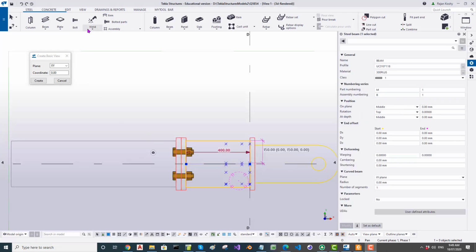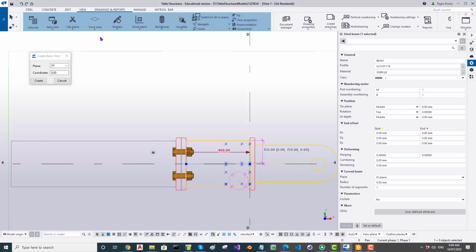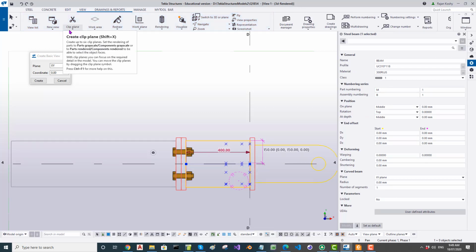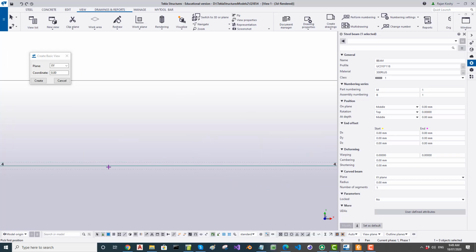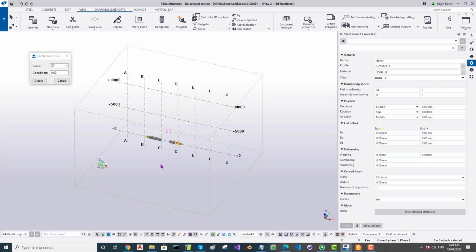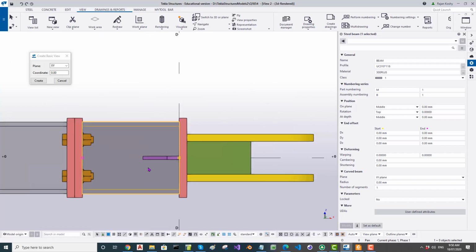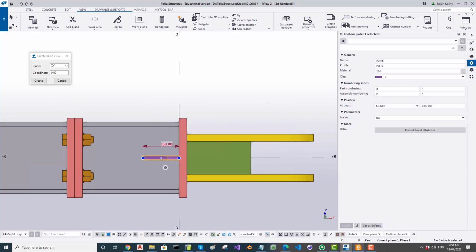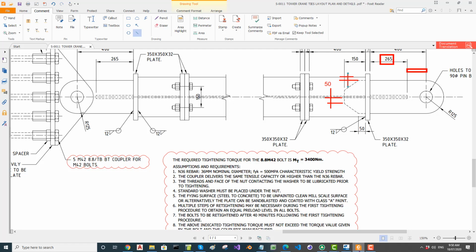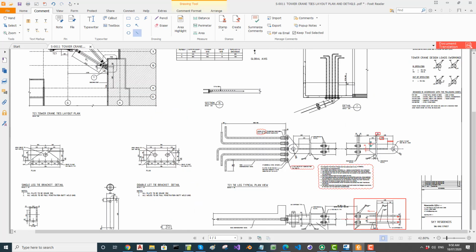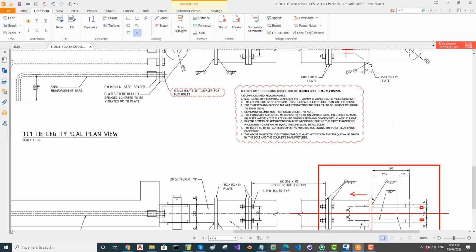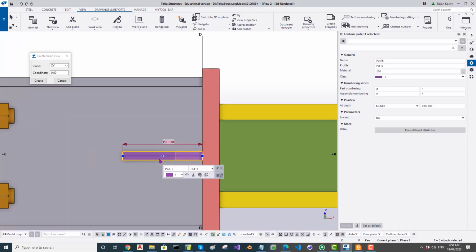Now I need a new view, so I go to view and new view using 2 points. I am going to go along the midpoint, so click that on. Okay, so here is the stiffener. So that stiffeners have to be at what spacing? 80. Okay, 80. So first I move it